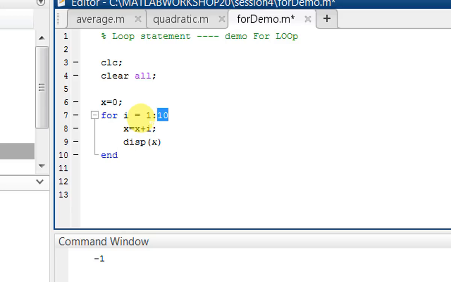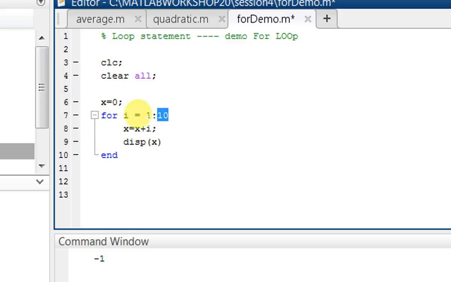Now what is the previous value of x which was displayed? That is 1. So it is 1 plus 2 is 3. Now the x value gets updated and displayed as 3. Now again check the i condition. Now the value of i is 3. Is 3 equal to 10? No. So again it performs the operation, likewise, till the value of i is equal to 10.